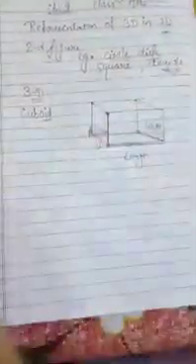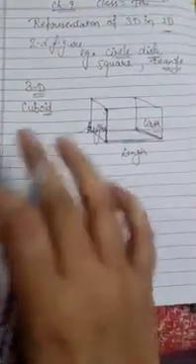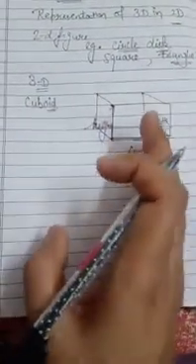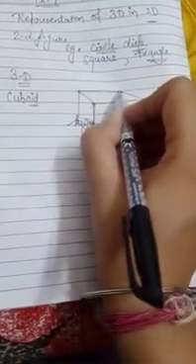So a cuboid has, as I told you, 6 rectangular faces. Each face is a rectangular region. So an edge of the cuboid is the line segment where two adjacent faces meet. Like this is known as an edge. See, I will write here the names of the vertices like A, B, C, D, E, F. Here I will write G and here it is H.